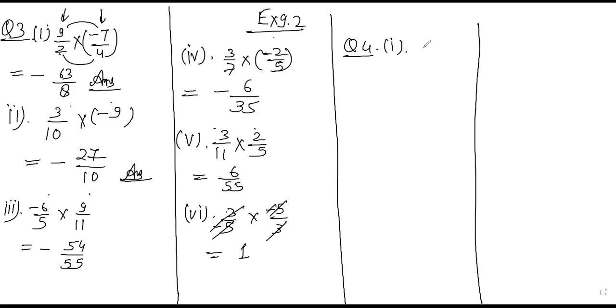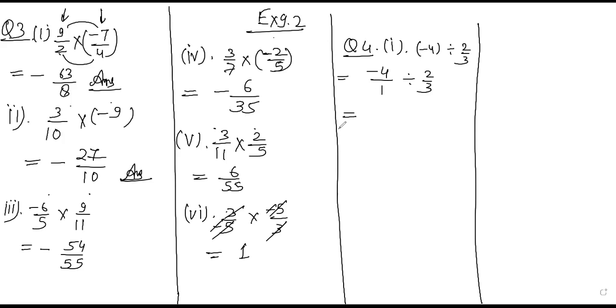Okay, so similarly for question number 4, first part, now in division: minus 4 is divided by 2 upon 3. In division, if there is no number in the denominator, write 1 in the denominator. So minus 4 upon 1 divided by 2 upon 3. Okay, now what do we need to do? The answer is coming negative, as I already told. If one is negative and one is positive, in multiplication and division the answer will always be negative. Please keep this in mind.